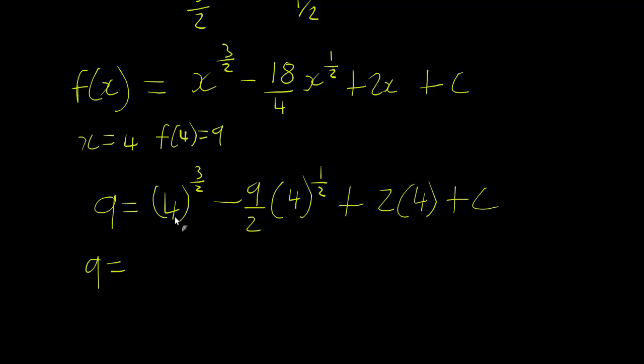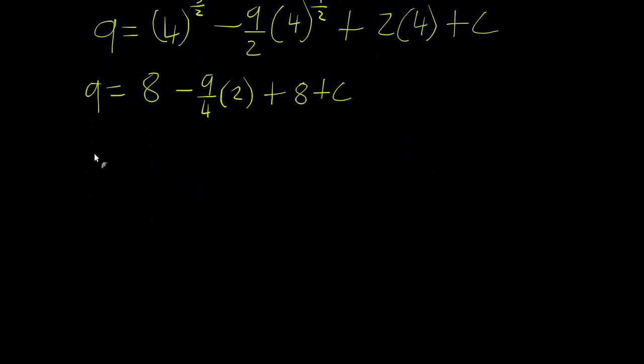So 9 equals 4 to the power of 3 over 2. That means you square root and then cube. The square root of 4 is 2. 2 cubed is 8. Plus 9 over 2, and then just square rooted this time, so that's 9 over 2 multiplied by 2, plus 8 plus c, nearly there. So this will be 9 equals 8 minus 9 over 4 times 2 is going to be 9 over 2, plus 8 plus c,